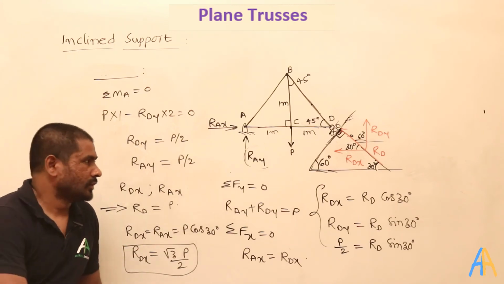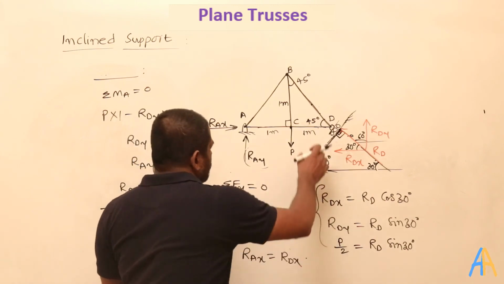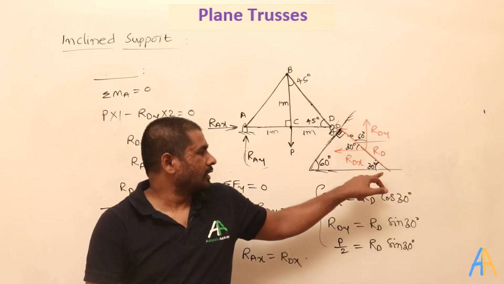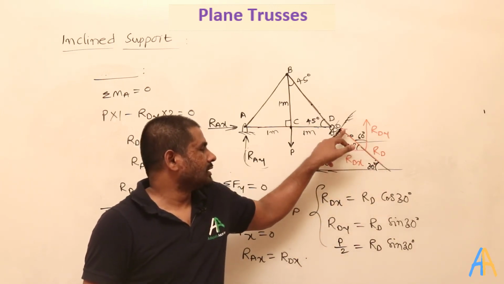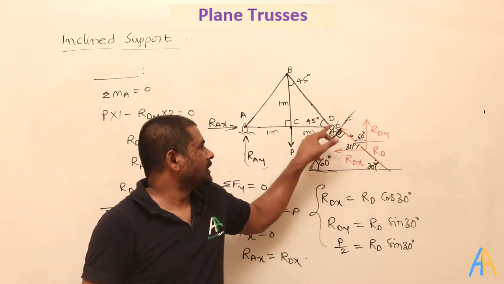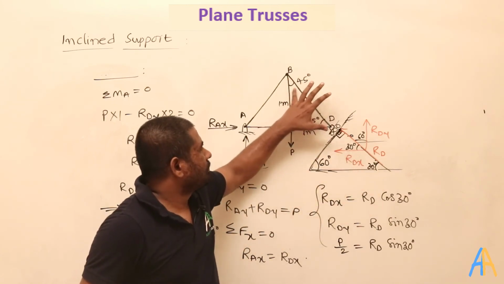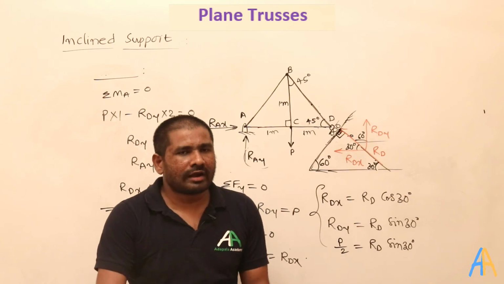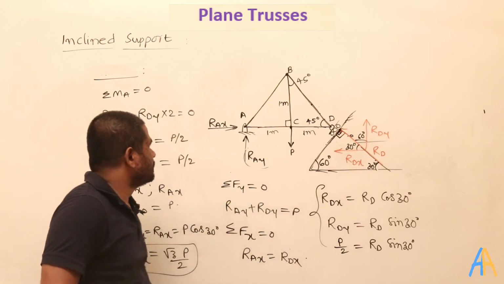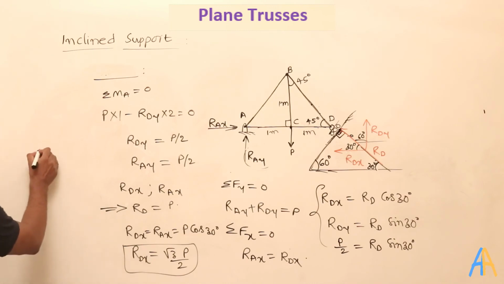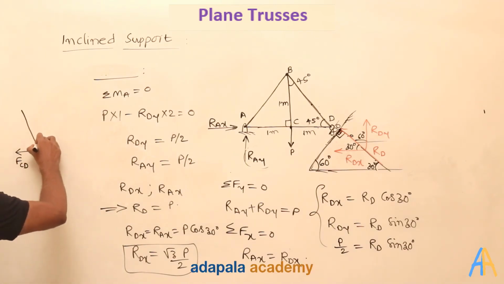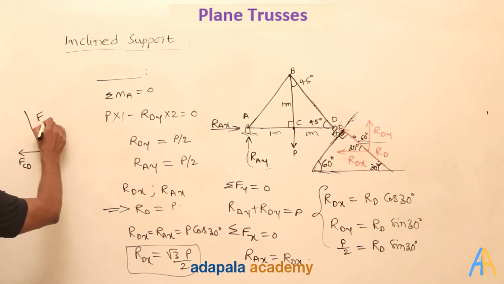And here, whether the horizontal force at the point D is 0 or not, it is not 0. Why? Because here the angle made by this resultant or the normal force at the point D is not collinear with this other force FBD. Here it is 45 degrees, here it is 30 degrees. Understood? In that case, how will you write the junction? So this is the junction D. Let's assume this is the FCD, and then now 45 degrees, this is the FBD.